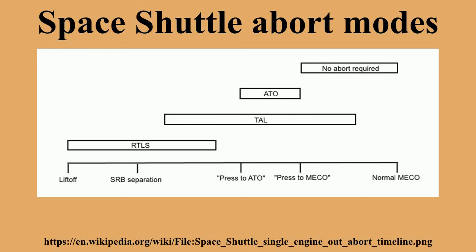Limited ejection envelope. Ejection seats only work up to about 3,400 miles per hour and 130,000 feet. That constituted a very limited portion of the shuttle's operating envelope, about the first 100 seconds of the 510 seconds